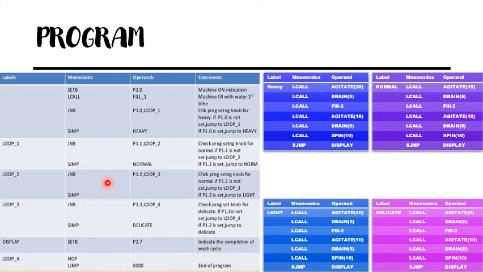If it is set, then it will be in light mode. JNB 1.3 loop 4 checks the program setting knob for delicate. If port 1.3 is not set, it will jump to loop 4. If it is set, it will jump to delicate mode.